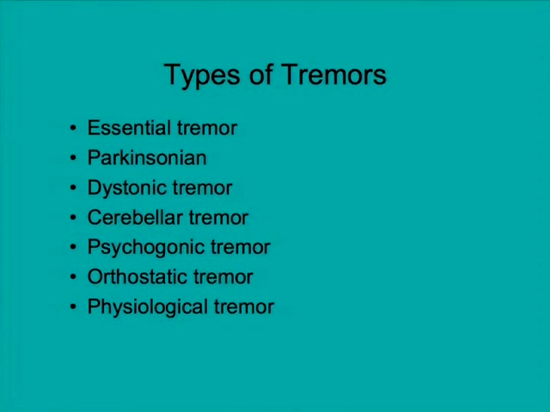Tremor can also affect sometimes the head or face or voice even, especially, as we will talk about, in essential tremors. Dystonic tremor is a painful spasm and a tremor of the upper or lower extremities. Cerebellar tremor comes from the cerebellum, the back part of the brain. Psychogenic tremor. Orthostatic tremors is when somebody gets up from the bed or from the chair, they have tremors. And physiological tremor.